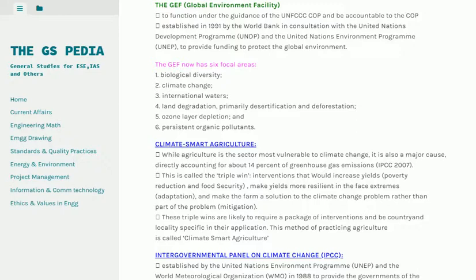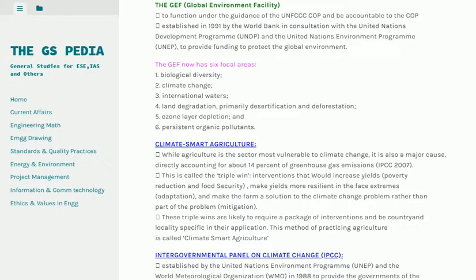Climate-smart agriculture. While agriculture is the sector most vulnerable to climate change, it is also a major cause, directly accounting for about 14% of greenhouse gas emissions in 2007. This is called the triple win: interventions that would increase yields,